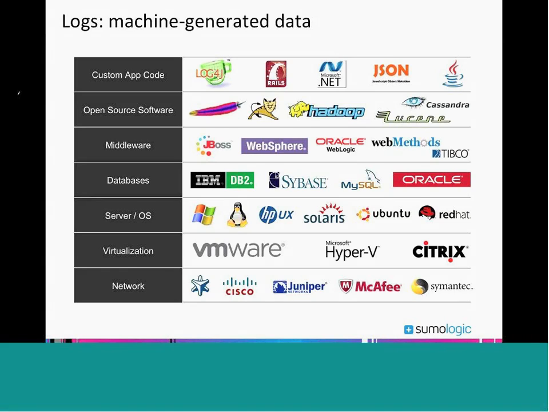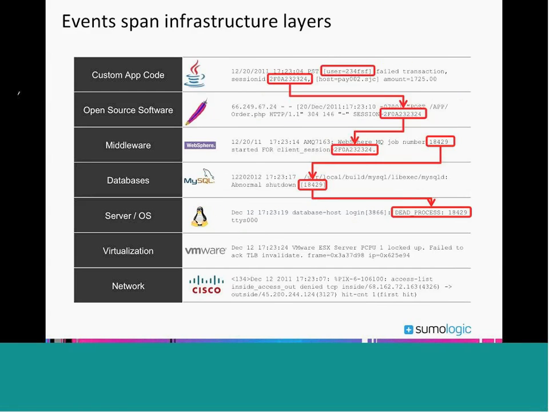So one tricky thing with logs is there's a wide variety of them. In this diagram, you can see essentially a software infrastructure stack with different pieces of the infrastructure having different kinds of software components and different kinds of log messages. What's really important to understand is that for logs being generated for given events, like a customer logging into your website and trying to purchase something, that event is going to trickle throughout, it's going to resonate throughout the software stack across many different components. So these logs give you the picture of what's happening with your business, but to get the whole picture, you have to be looking at all the logs from the different components.